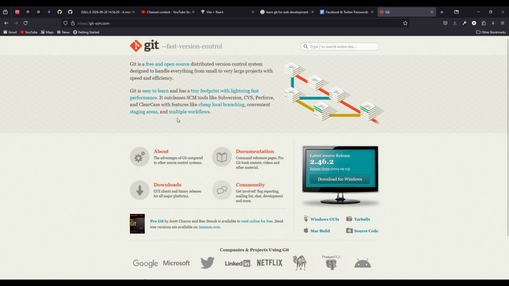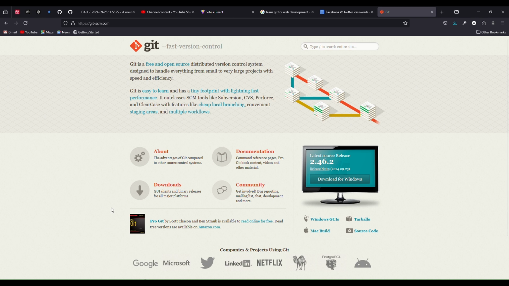This is the official Git site. Git is different from GitHub. It's a version control system, free and open source. It was developed by Linus Torvalds, who developed the Linux operating system, and then it was implemented by GitHub.